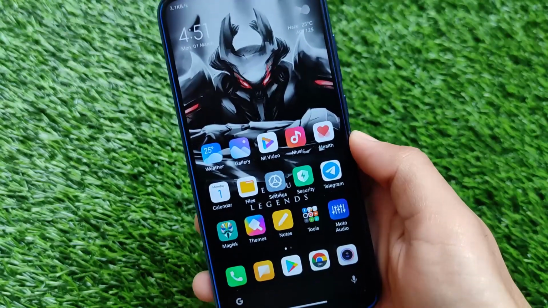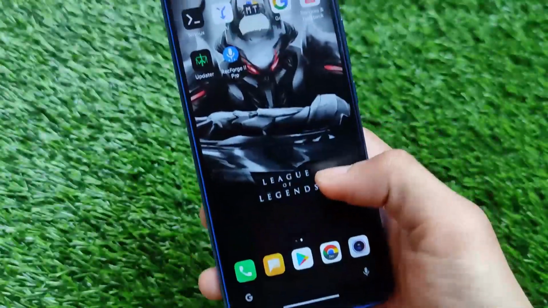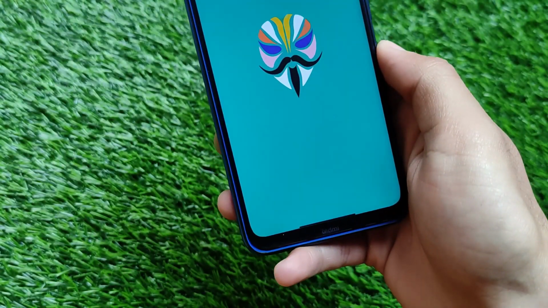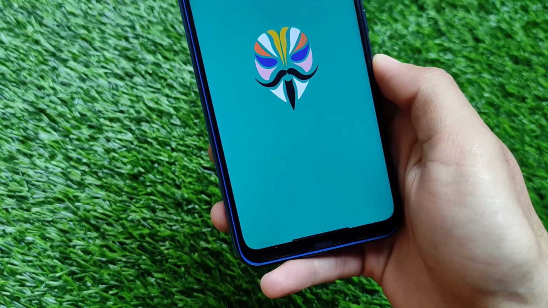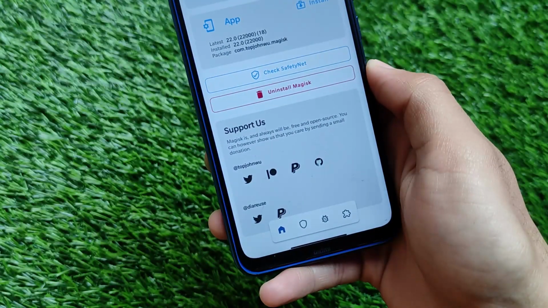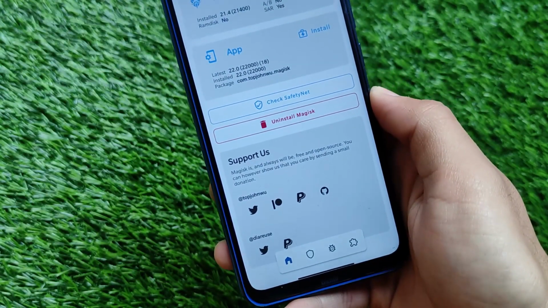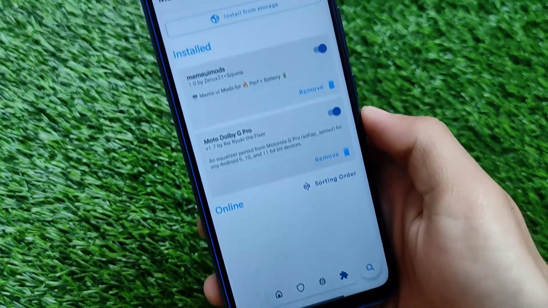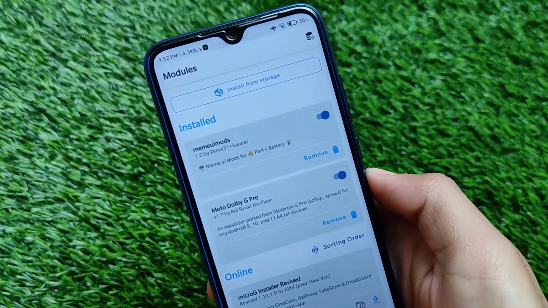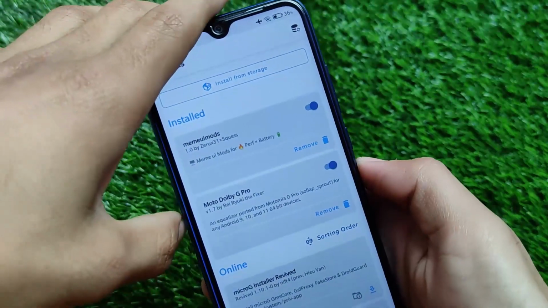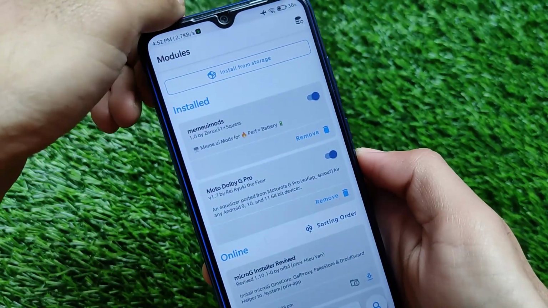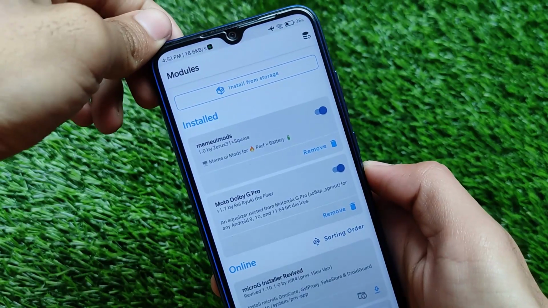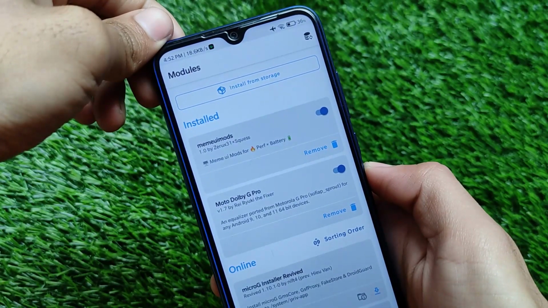As you can see, it doesn't have any app available. No app, no interface. If you want to check whether it is installed on your device or not, just open Magisk Manager on your device, and after that, just go to your modules, as you can see, we have installed this. Here we have the MemeUI modes by Xerix31, MemeUI modes for performance and battery. It will improve your battery life also. It will improve your performance by focusing on performance and battery life, both at the same time.